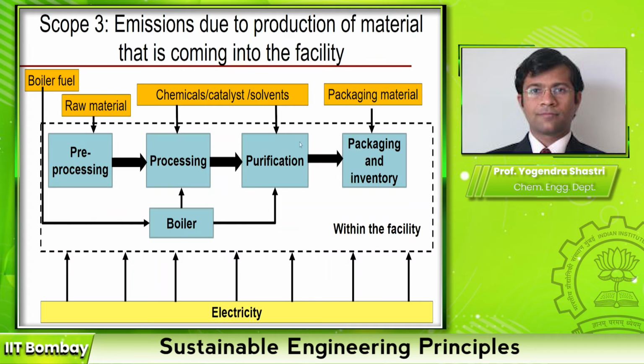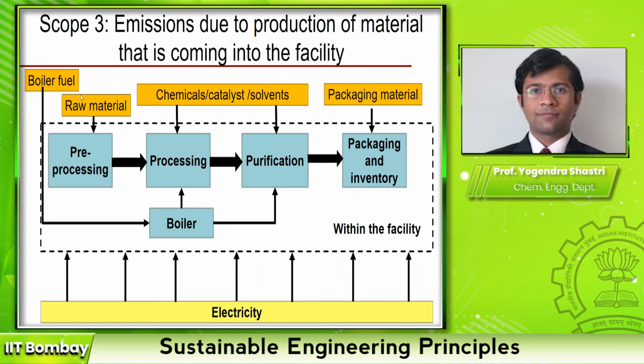So in scope 3, you consider those particular emissions. So again, to repeat, when it comes to natural gas usage, there are two emissions. One is happening at the site, which is because of the burning of natural gas, that will come under scope 1. But the emissions because of the production of natural gas will come under scope 3. And the same logic will apply to all the other materials that are used.